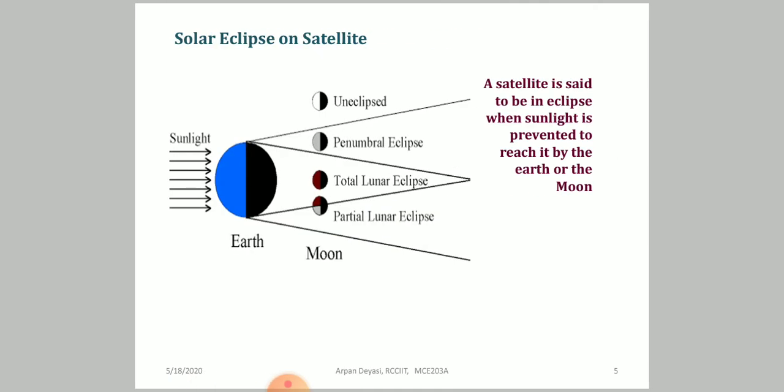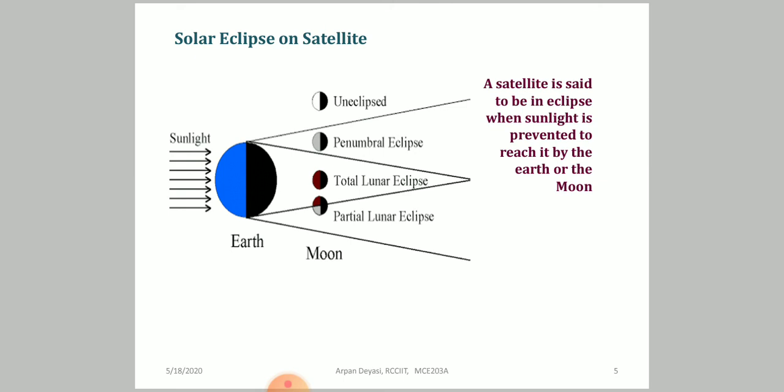Now I am going to the actual details of the solar eclipse. Look, I am making different positions of the moon, the sunlight and the earth. Now earth is between sun and moon. Look at the figure very clearly. If the moon is completely covered by the cone formed by the earth, then sunlight can never reach the moon, and that we call a total lunar eclipse.